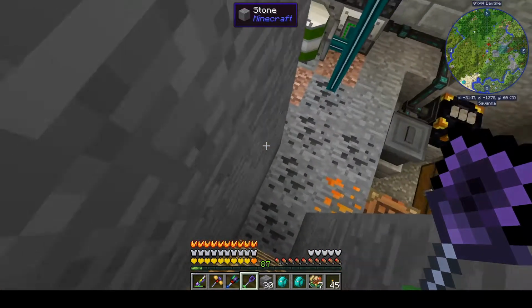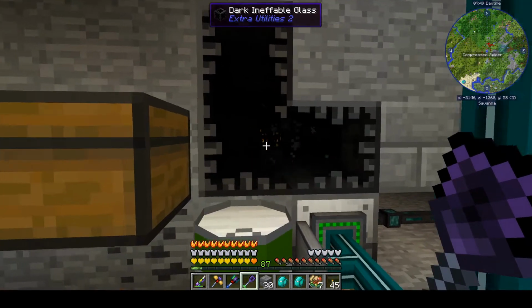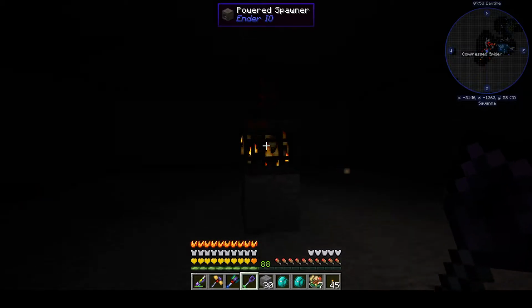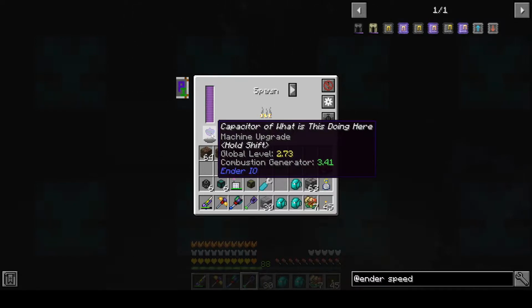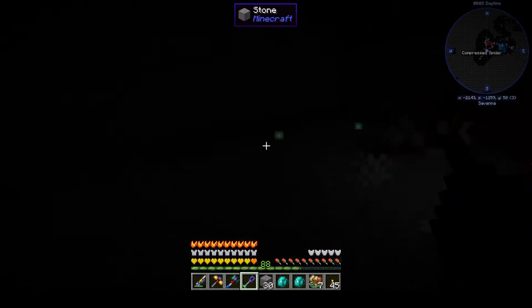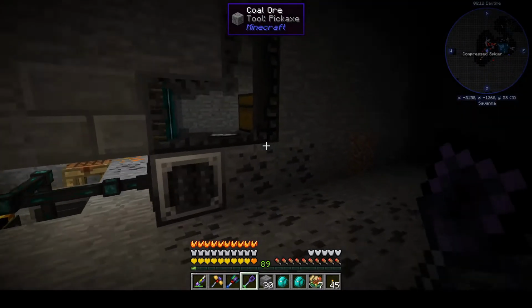So we've hooked back up the Ender IO powered spawner. If we come in here, powered spawner for wither skeletons. And I also threw in the capacitor, which I got out of some chest. And it seems to be making quick work of spawning these guys, as you saw. And that led to actually the first